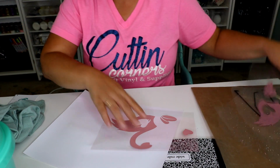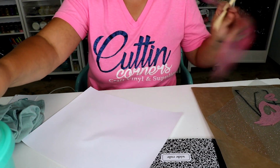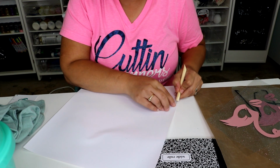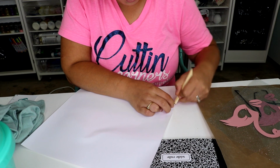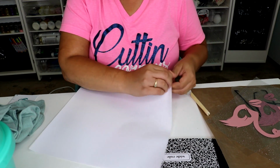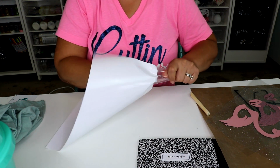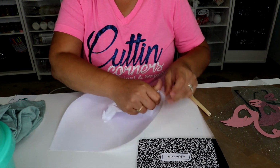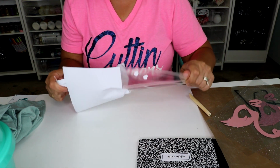Got that piece done. And now the white layer, which is the biggest portion. I mean, it's not the solid piece, but it takes up the most room on the vinyl. And typically when you get the vinyl kit, you get full sheets, so you have enough to do